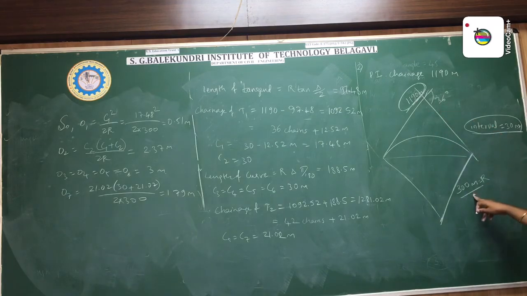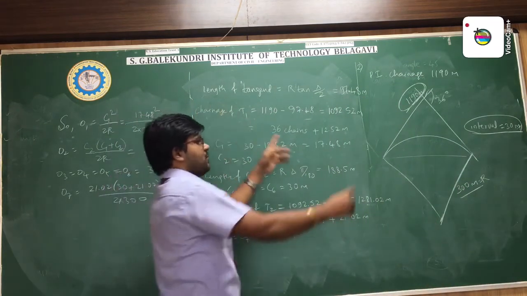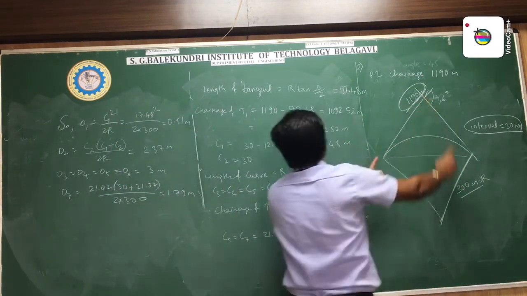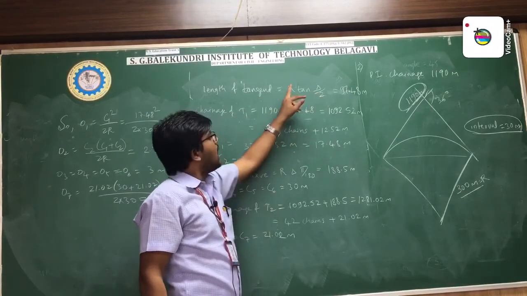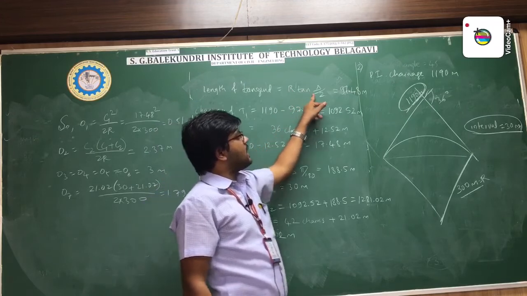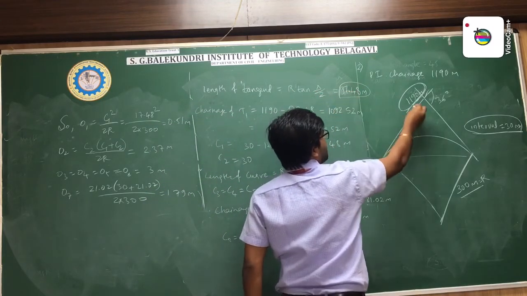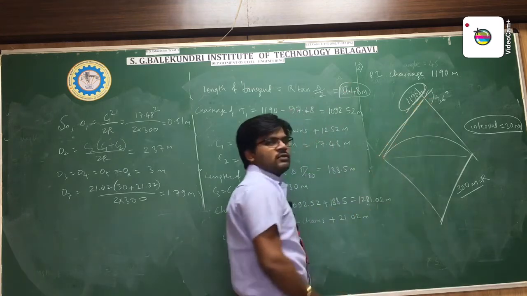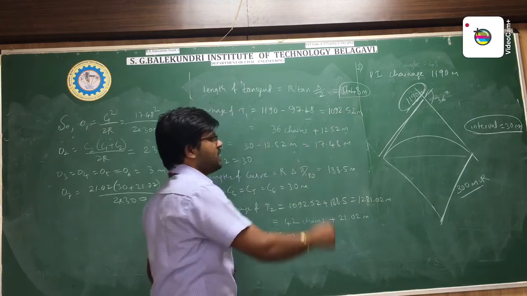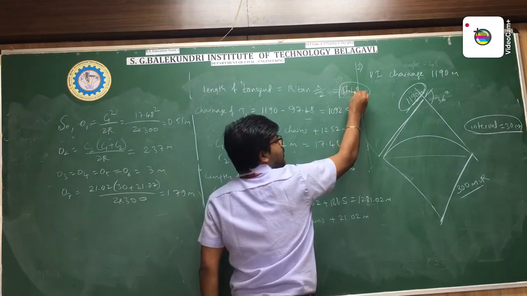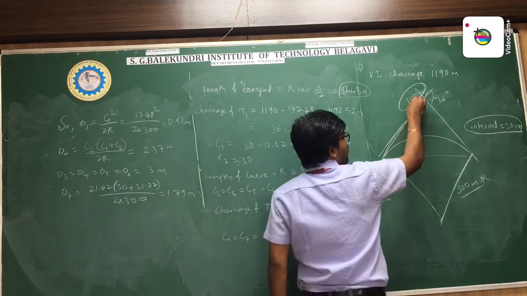This is the point of intersection chainage, deflection angle, interval and radius. Let us start with the length of tangent. What is the length of tangent here to here? The length of tangent is R tan delta by 2. R is known, 300, and delta is the known deflection angle. You will get 97.48 meter as the length of tangent.